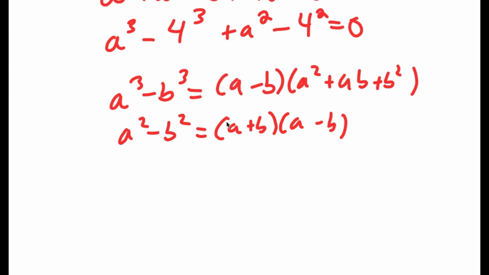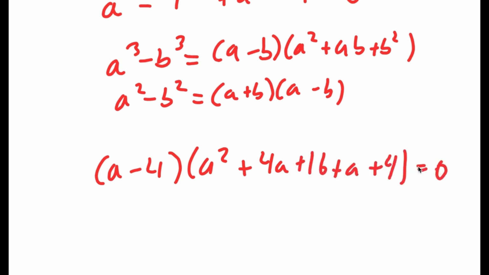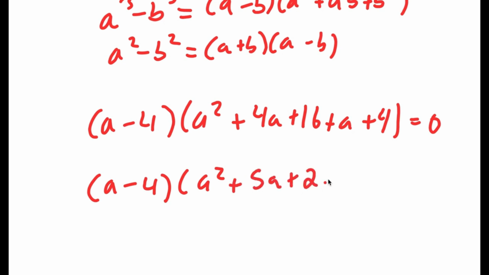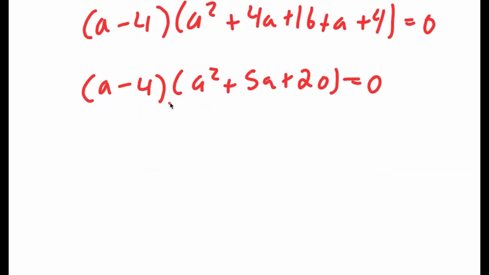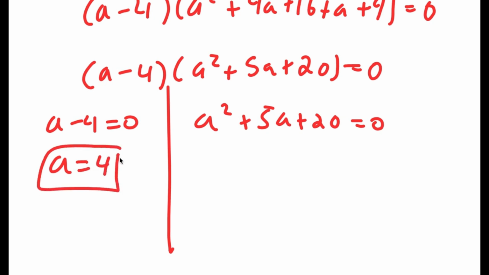So in this case, by using these two properties, I'm going to end up with a minus 4 times a squared plus 4a plus 16 plus a plus 4 is equal to 0. And this simplifies to a minus 4 times a squared plus 5a plus 20 is equal to 0. So now this gives me two equations. I get a minus 4 is equal to 0, and a squared plus 5a plus 20 is equal to 0. So for a minus 4 equals 0, a is obviously equal to 4. And for a squared plus 5a plus 20 equals 0,